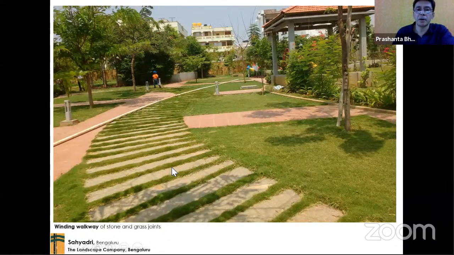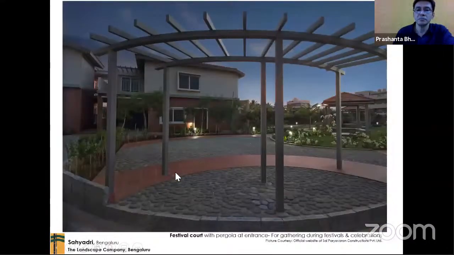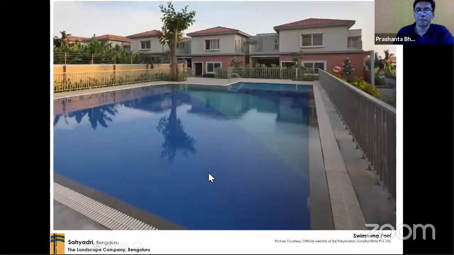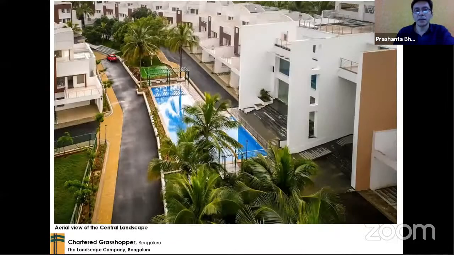And this is the common park that we proposed, and the swimming pool, which we designed as well. This is another project which is quite nice. We looked at a concept called the Woonerf, which is a concept from Holland, where